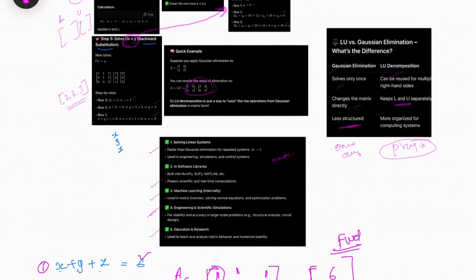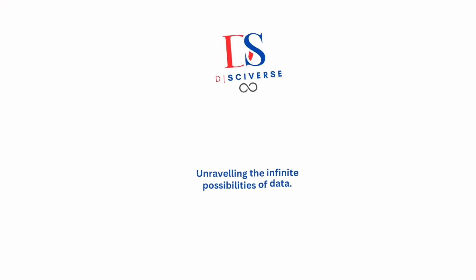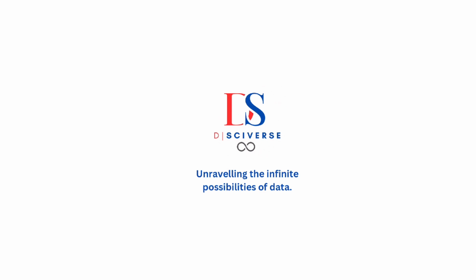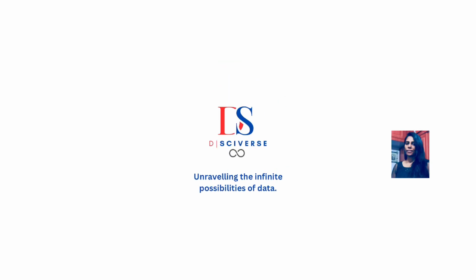So x value is 2, y value is 3 and z is 1. So we have found the solutions x, y and z. This is how you do LU decomposition. But as far as data science